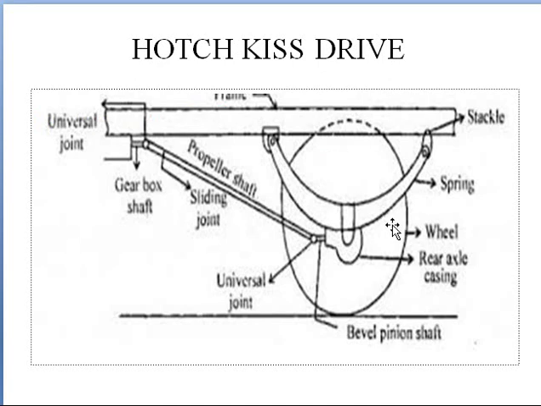So here is a Hotchkiss drive. Hotchkiss drive is the drive which we generally see in our automobiles. This is the wheel. These are the springs fitted to a frame, and this is the universal joint. This is the gearbox from which the power transmission will take place from gearbox to the wheels. This is the propeller shaft used for transmitting the motion.